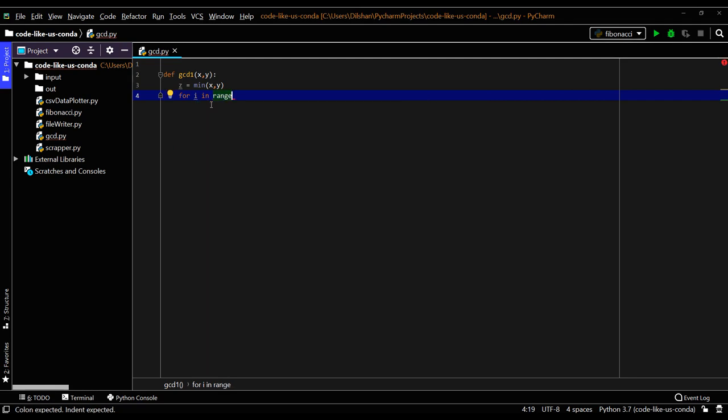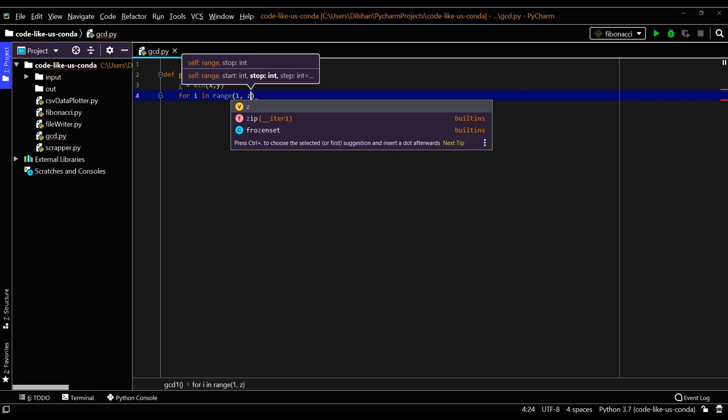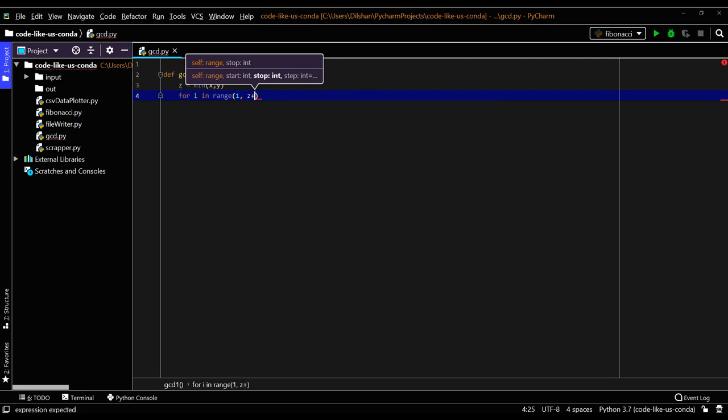I need to go from 1 until the minimum value of these two, which is z. In this range function we need to give z plus 1, otherwise the z value will be missed. So this is my range for loop.